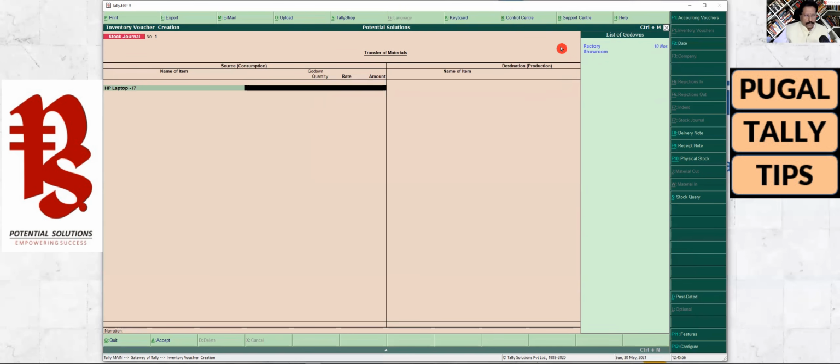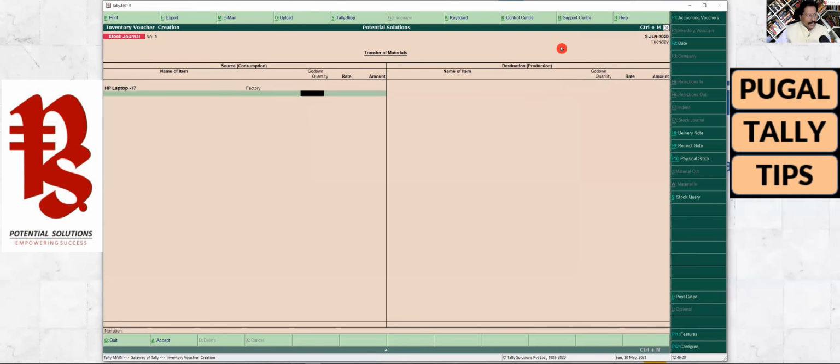Okay, so I'm going to select factory, enter, and now it is asking what quantity you are going to transfer. So I'm going to say 5 numbers, and it is going to automatically take your cost. Okay, enter.